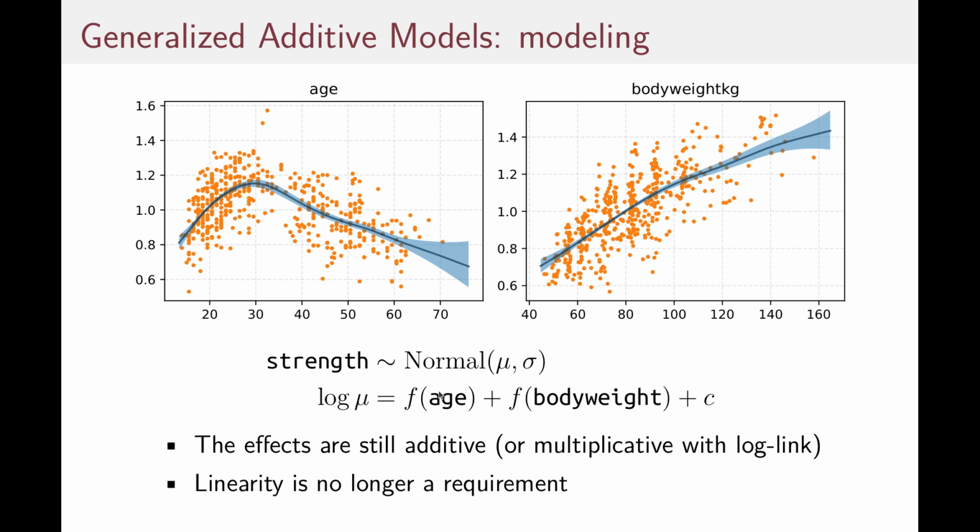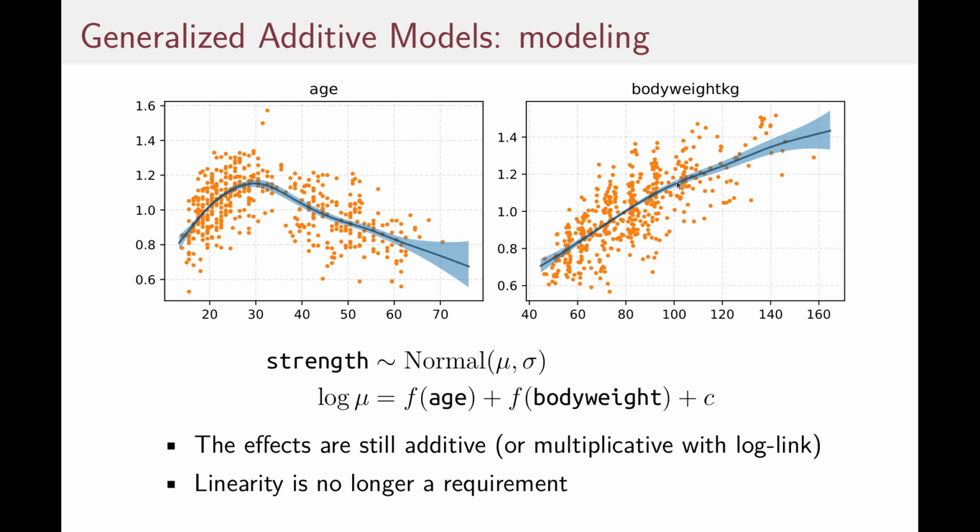So I'm imposing something in my modeling here. It's not like a boosting model where I can just give it data and it will just work in a space where anything is possible. I'm constraining it with my prior knowledge, but it seems to me perfectly reasonable to say that age and body weight, there are no interactions between the two. If lifters truly are strongest around 30, that's probably true whether they are 60, 80, or 100